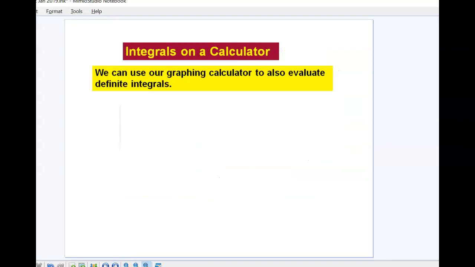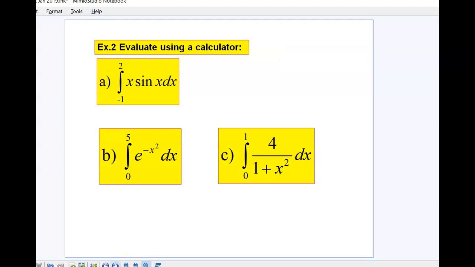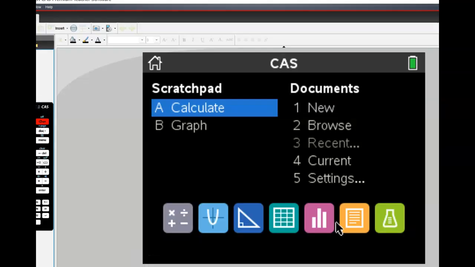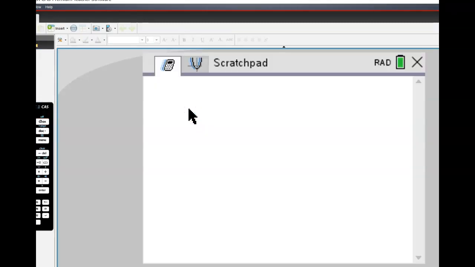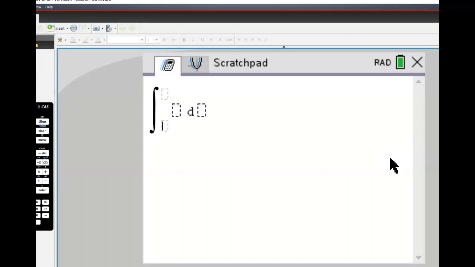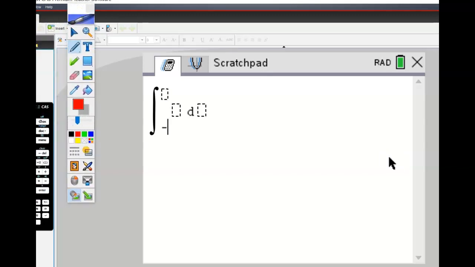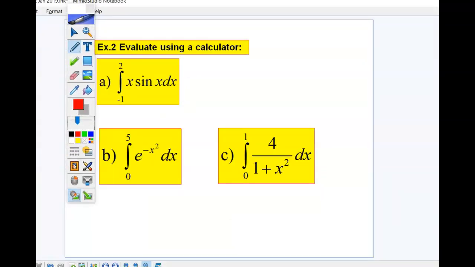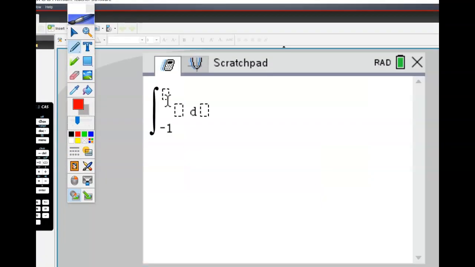Okay, we can also use our graphing calculator to evaluate definite integrals. Okay, so let's take a look at how we do the first one, the integral of -1 to 2 of x sine x. So if we go to our calculator, we're going to go to calculate, and right beside the number 9, there is this button right here that brings up a lot of our functions, and I want the definite integral. And this one I believe is going from -1